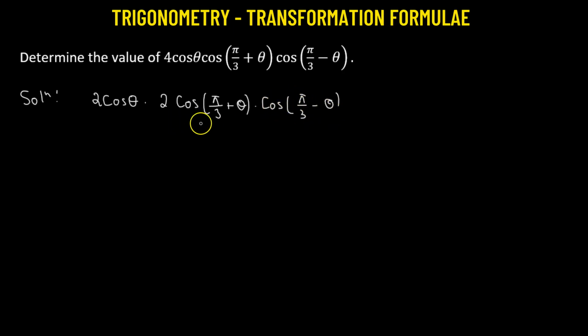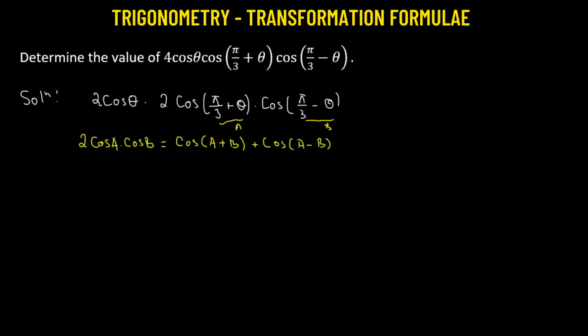Now, there's a reason why I'm writing in this fashion, because we know that there is a transformation formula. 2 times cosine of angle A times cosine of angle B equals the sum of two cosine functions. That means we have cosine of A plus B added to cosine of A minus B. So let's suppose that pi over 3 plus theta is equivalent to A, and pi over 3 minus theta is